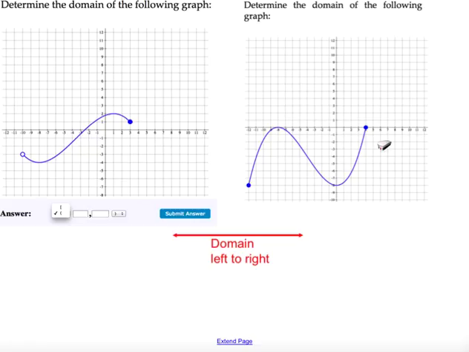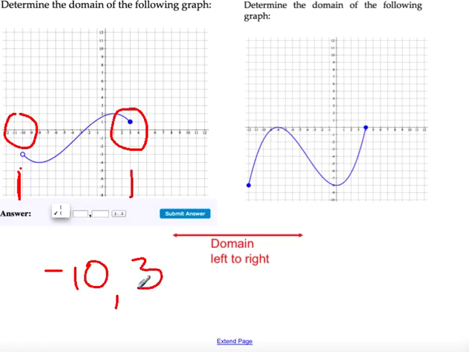So the domain again goes from the smallest x to the largest x, or the one on the left to the one on the right. So if you notice here, the number on the left is -10, and the one on the right is +3. So the domain is going from -10 to +3,